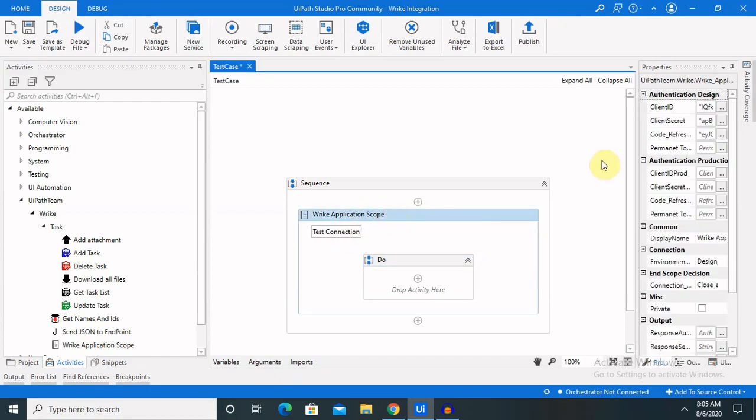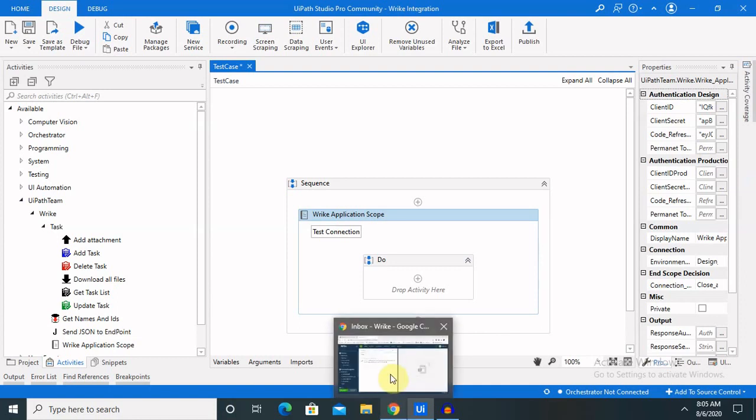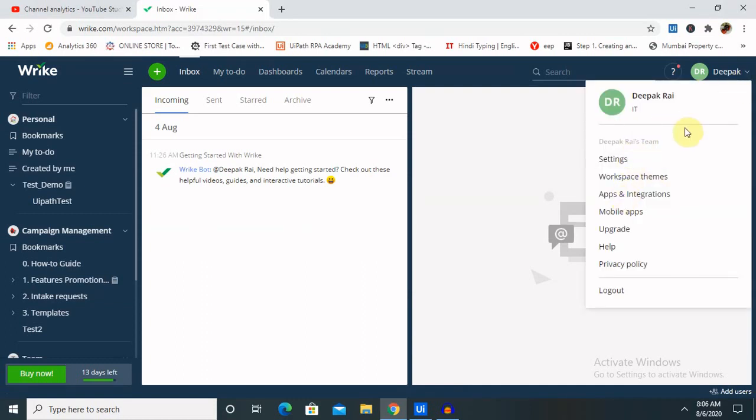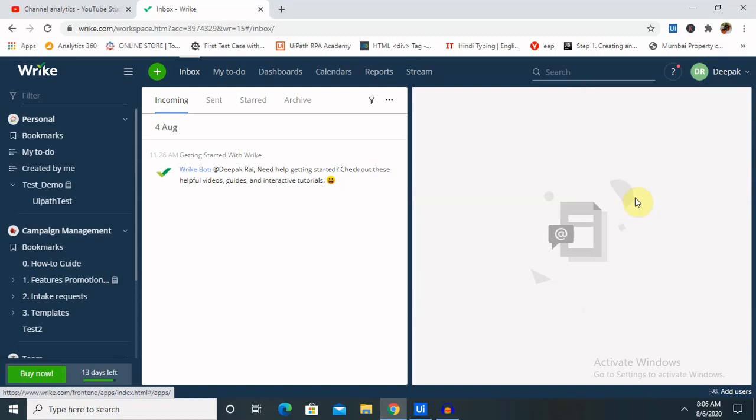For the configuration part, we will need client ID, client secret, and code refresh parameter, so that is a permanent parameter or token value. So let's see how we'll create these parameters for configuration purposes. If you have already logged in, just click on your profile picture. You're able to see apps and integration.